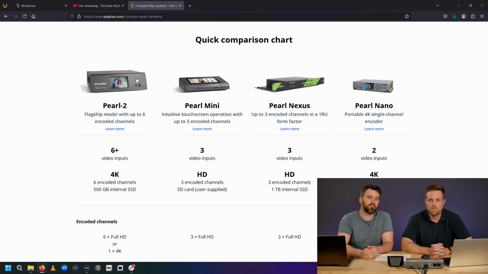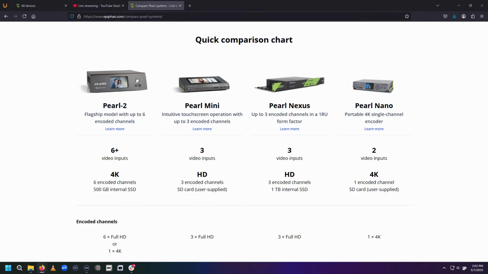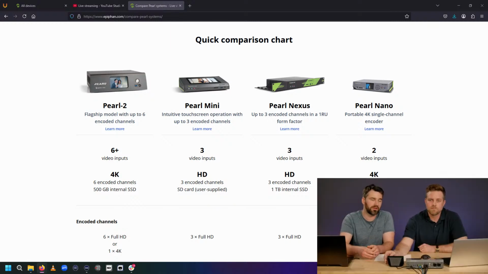Our stack of Pearl devices has 4 of them. How I like to look at it is how many channels they have and whether they can do layouts. If we start at Pearl Nano, it's a single channel, single layout device, 4K capable, can bring in IP inputs, but there's no switching on it. So you'd be doing your switching ahead of it, maybe with a switcher. Then you move up the stack from there. If you want to do any ISO recording, multiple recordings at the same time, or switching, then you're into the Pearl Nexus or Pearl Mini.